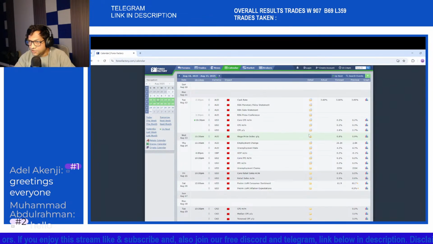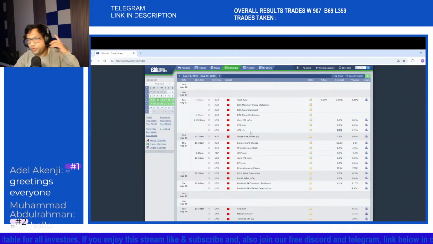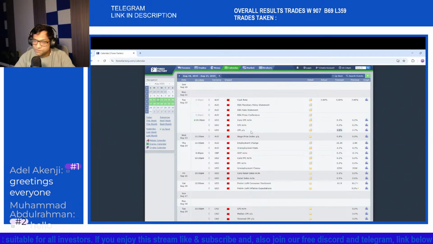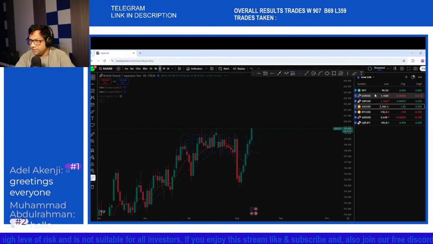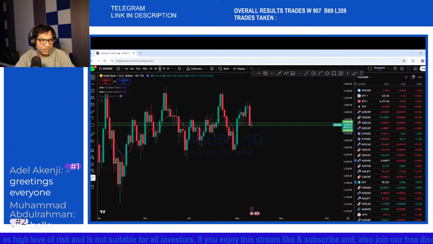With this CPI, we are looking to find entry opportunity after the news, better to have any kind of spike to avoid any unusual move in the market. So in the matter of 15 minutes, you will be seeing core CPI and CPI coming up. So let's keep looking at the market first, potentially for any entry before we